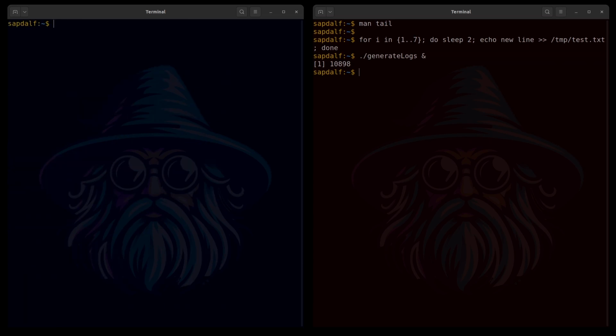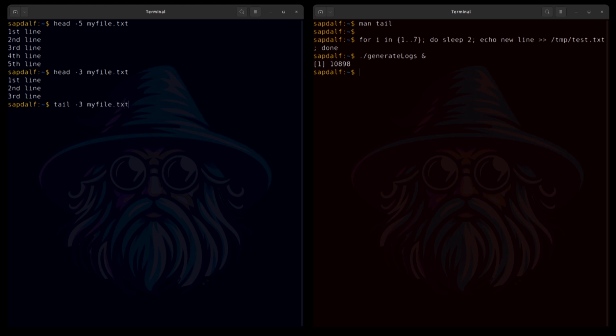But let's maybe just check how to display the first 5 lines of our file. Or maybe 3. Or something more interesting, the next to last 2, that is, the first 2 of the last 3. And that, in addition to the -F option, is the most commonly used combination. Whenever we have the result of some command, and we need to retrieve through the script the nth line from the beginning or the end, we use the head and tail combination. This is very useful.